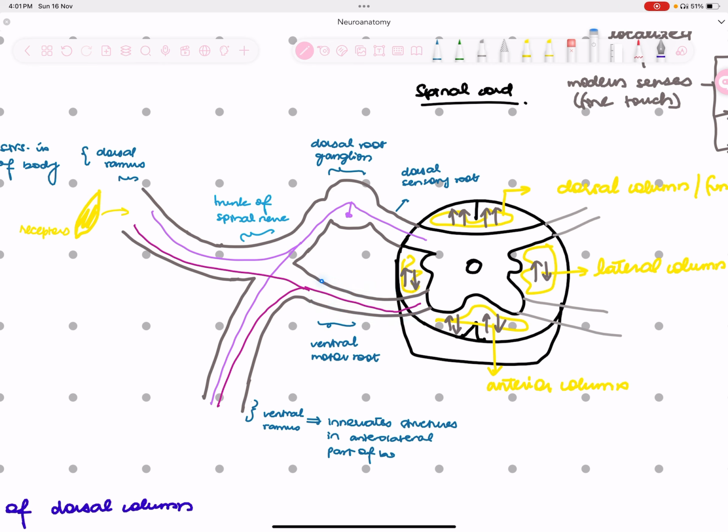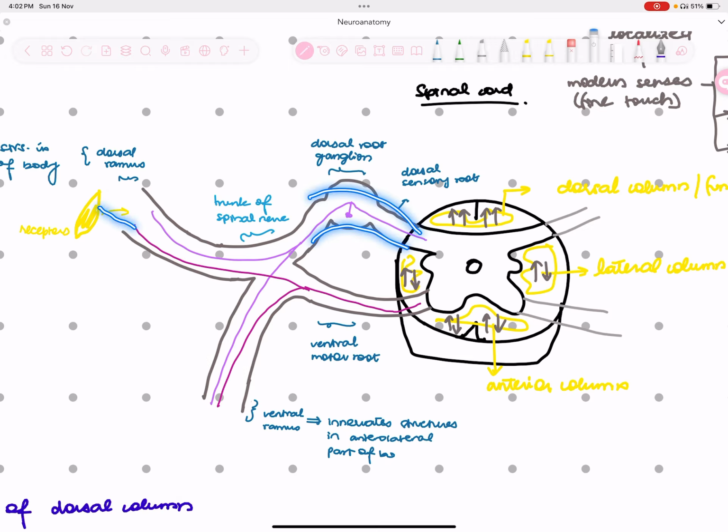Now the ventral motor root and the dorsal sensory root are going to merge and form the trunk of the spinal nerve. This trunk further divides into a posterior ramus and an anterior ramus, a dorsal ramus and a ventral ramus. So how does this go about? First of all, you have a root, then you have a spinal trunk, and then you have rami. You have two roots, they merge, they form the spinal trunk, then they form rami. Ventral is the motor root, dorsal is the sensory root, and it also has a dorsal root ganglion.